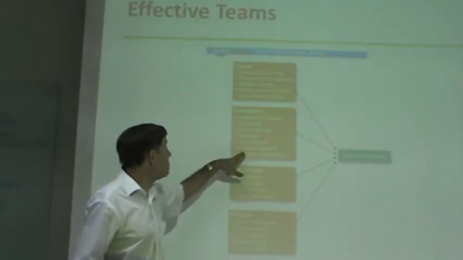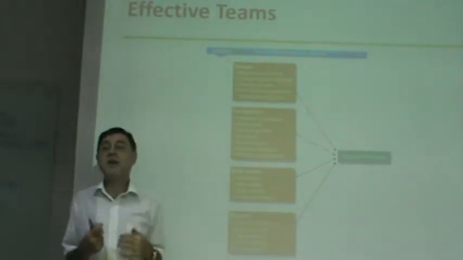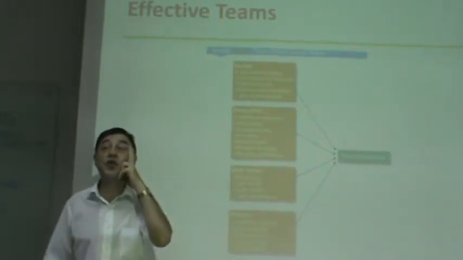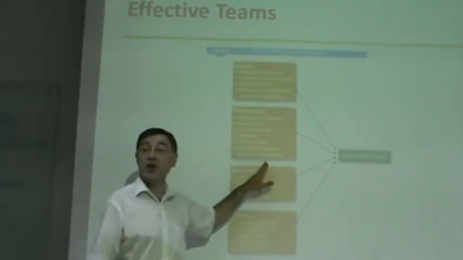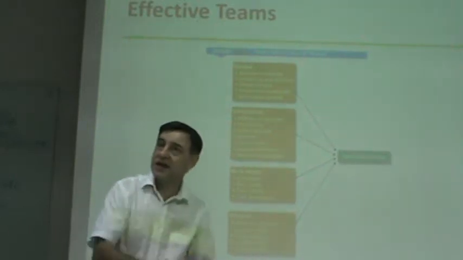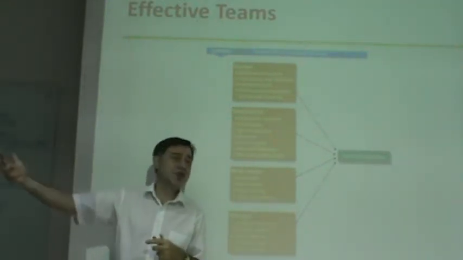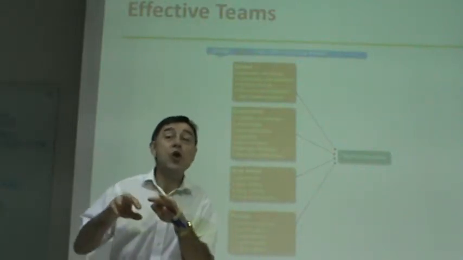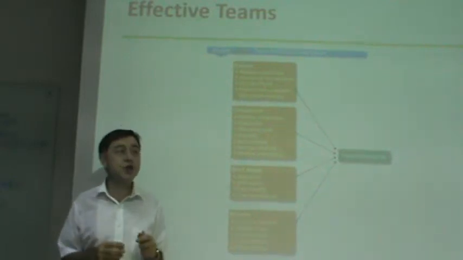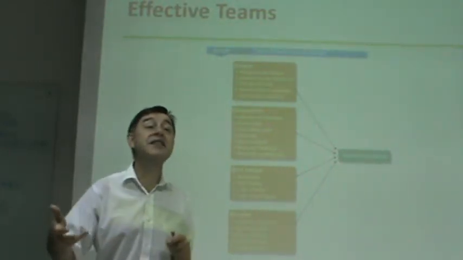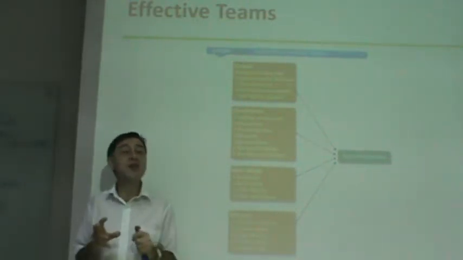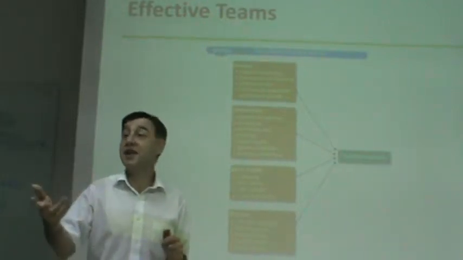Next one, member flexibility. You need members to be flexible. That's fairly straightforward. And you also have to think about member preferences. Some people like one thing, some like other things. Some people don't like certain things. So you should really know who likes what, what they like to do, what they enjoy doing, and assign them things that they really like to do. And you should try to avoid giving them things that they hate to do.